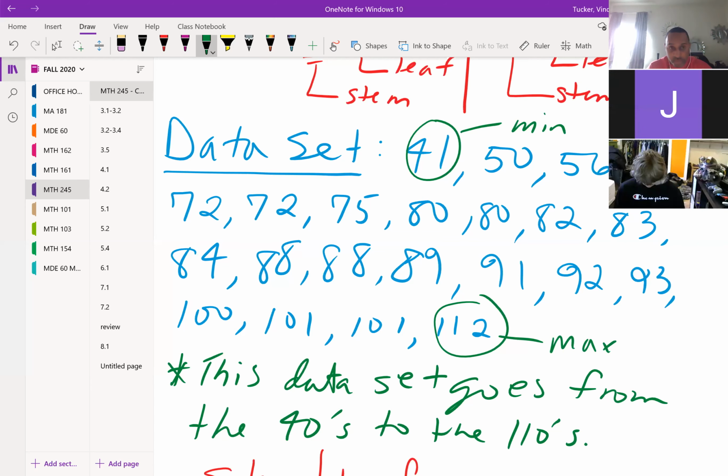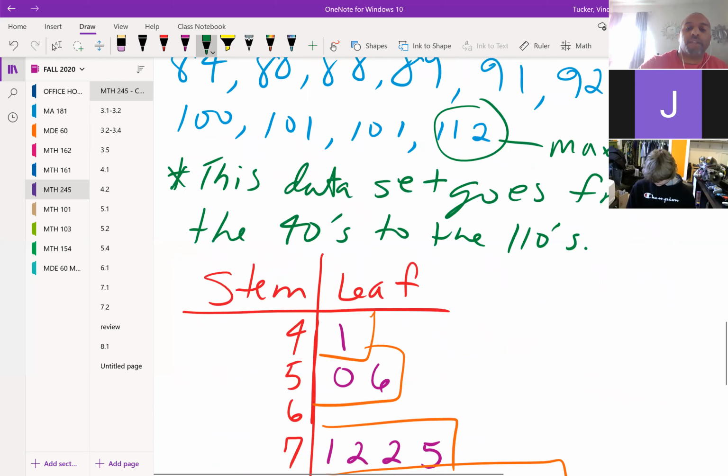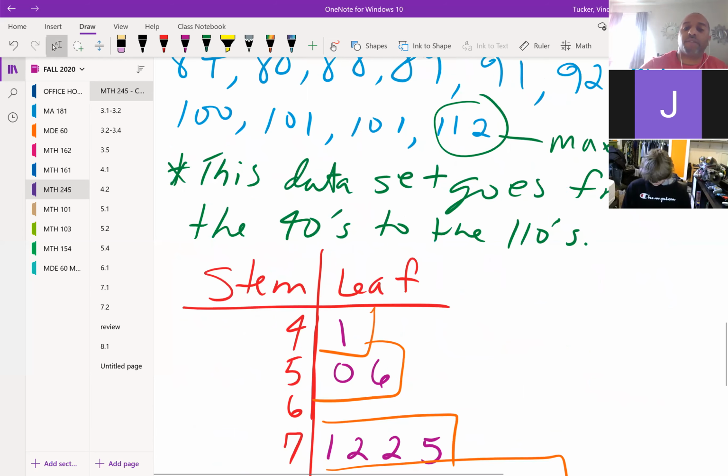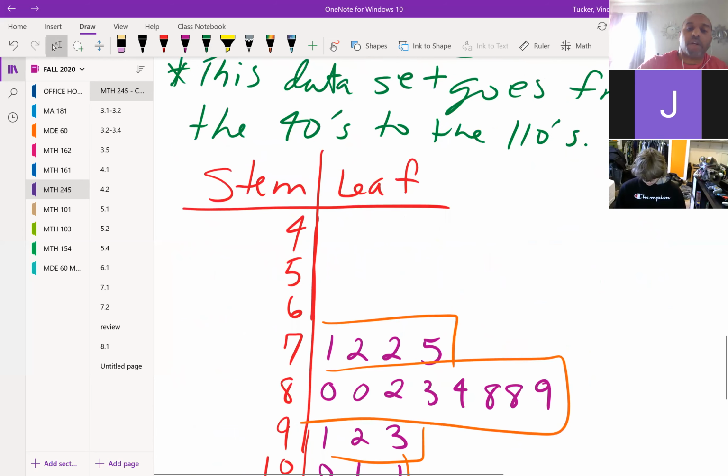Are we supposed to be making a stem leaf plot? No, I was giving people a chance to copy it. Oh. Yep. Didn't want to move too fast. So I'm about to show you how to create that now. All right, so